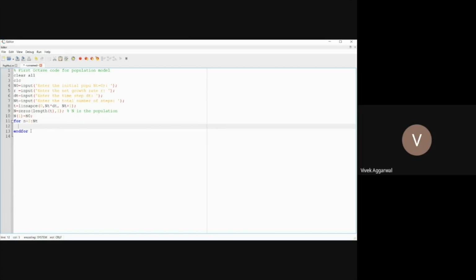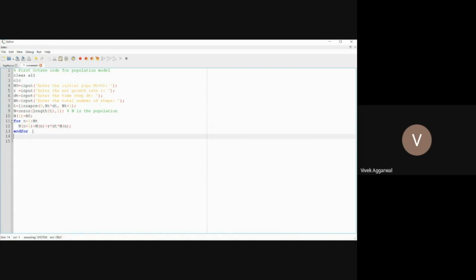Then now I want capital N to be calculated. That should be equal to capital N plus, so that is known to me. It should be R, then star, then dt, then capital N at n. So here I am applying my Euler formula.